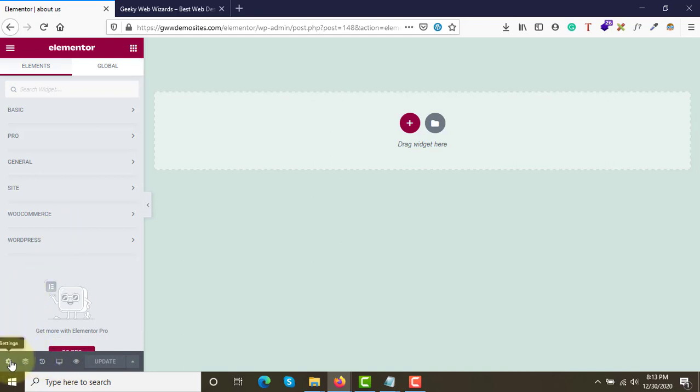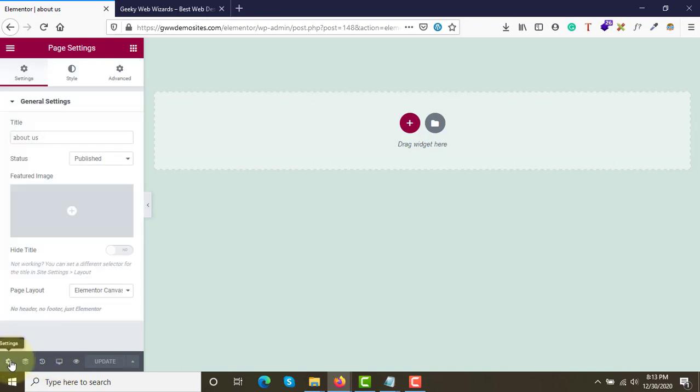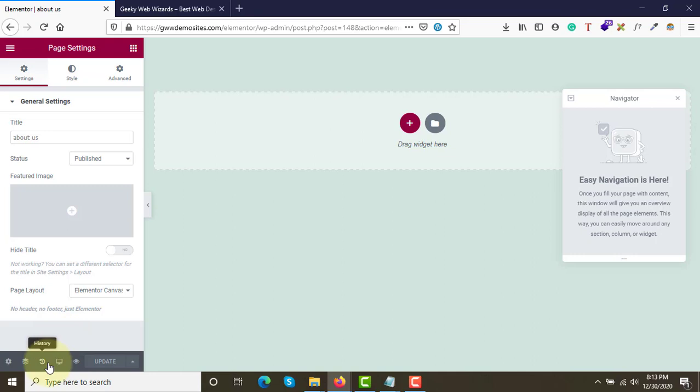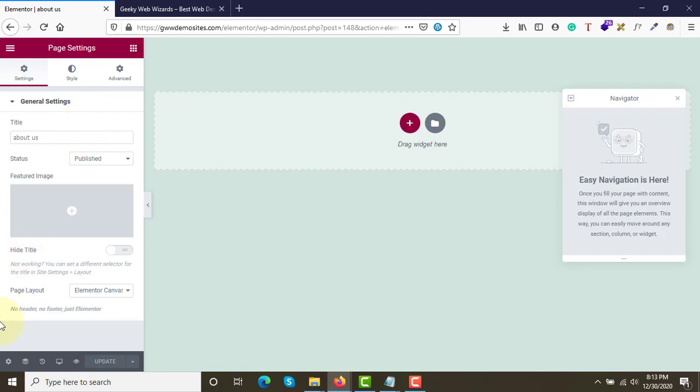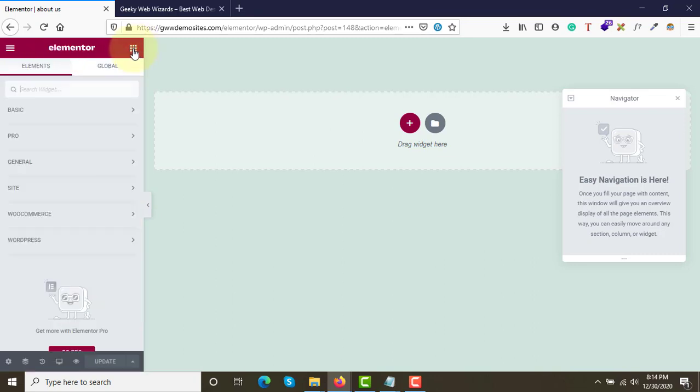Let's say we need to access the settings option. You can go through here, and if you want to use the navigator, you can click here. You can change the version history also. I think it is better to explain these options once we start the development, or else you will get overwhelmed. See, there are no elements and global options here, right? So how to get that? Just click on this icon and get the main options here once again. I'll not confuse you, and I know it is overwhelming and you won't understand anything unless we start the actual development.